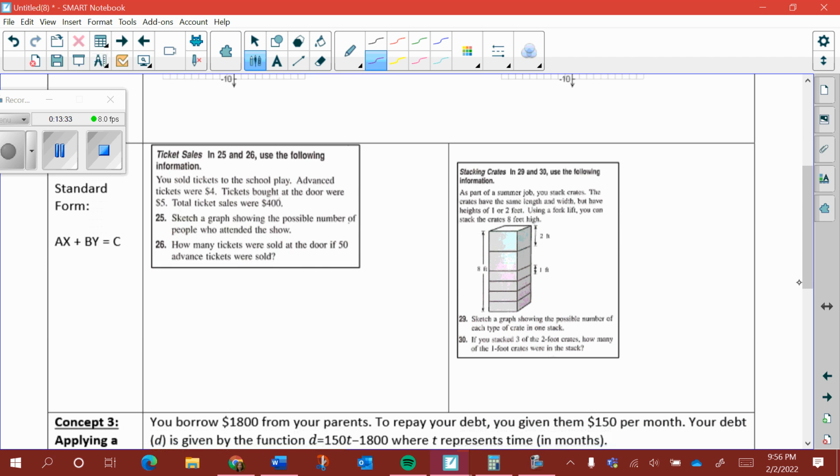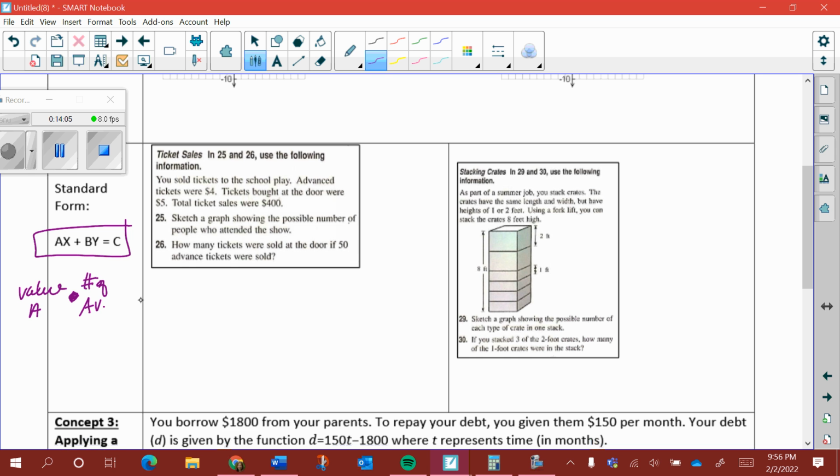Then we get into ticket sales. Well, ticket sales, this is where we actually use intercepts. When I have tickets sold to play, advance tickets are $4, and tickets bought at the door are $5. Total ticket sales are $400. I will tell you this is our format that we're going to use right here. It's going to be the value of advanced, times the number of